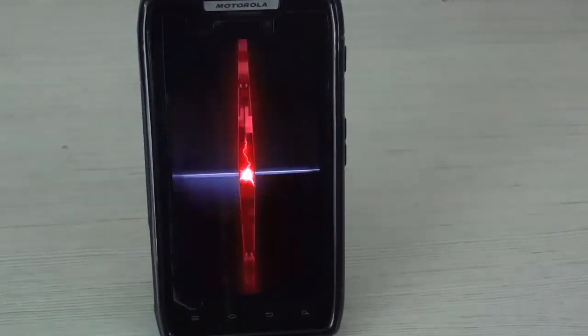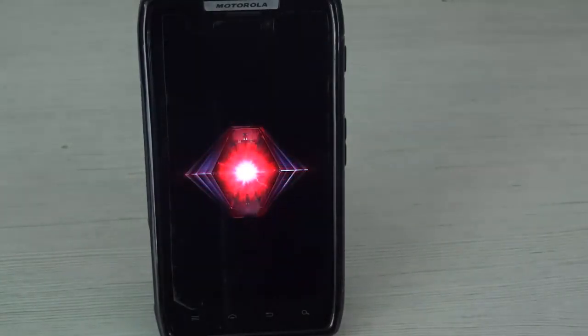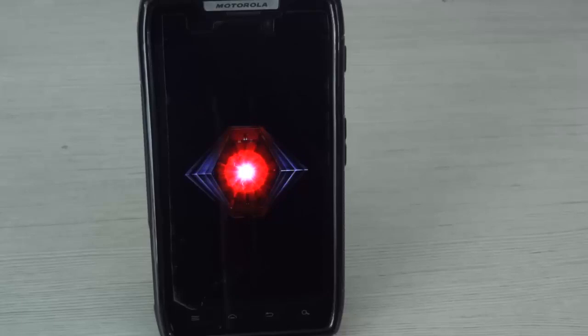And there we go. Now we have the Droid Razr's boot animation on our device. This is because we have put the US version's Jelly Bean on our GSM Razr. And now when the phone boots up, it will boot up directly into Jelly Bean.